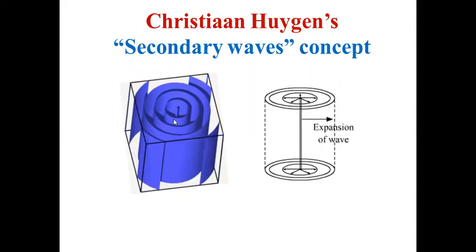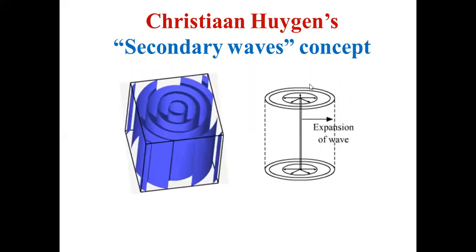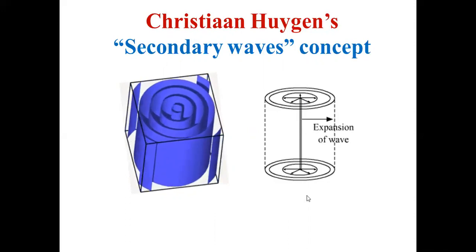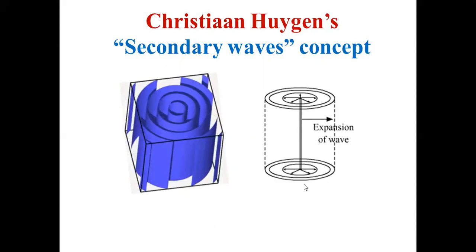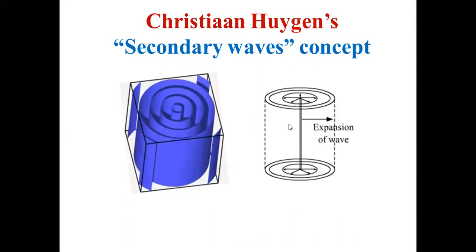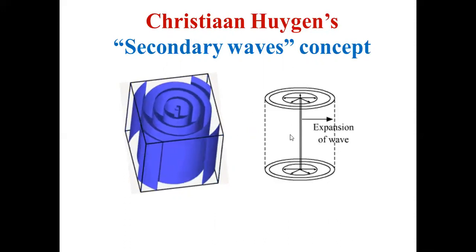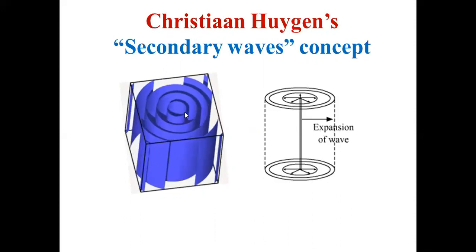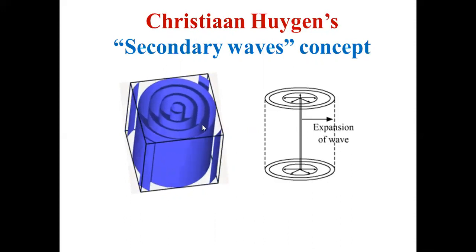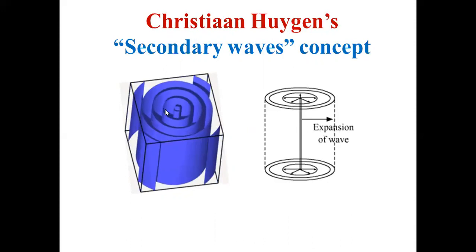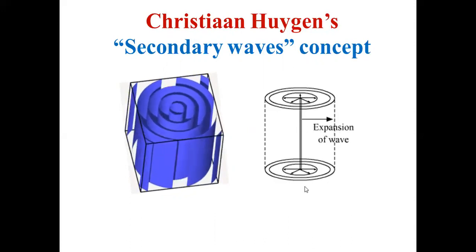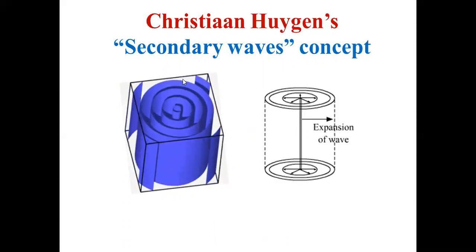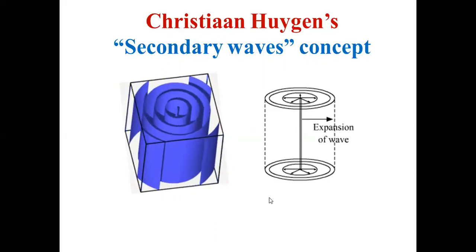The simple animation shows light travels in all the directions like this, except along the length of the tube light. Tube light doesn't emit light in this and in this direction. So no light from these two sides, only light from the curved side of the tube light. So how will the wavefront be growing? It will be growing in the form of a cylinder, isn't it? So it grows in the form of a cylinder. That is a secondary wave concept. So a point source emits spherical wavefront, a linear source emits cylindrical wavefront.